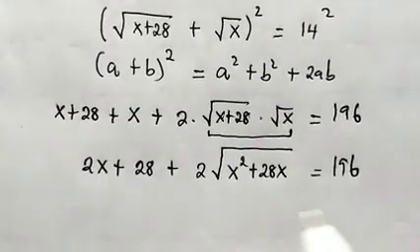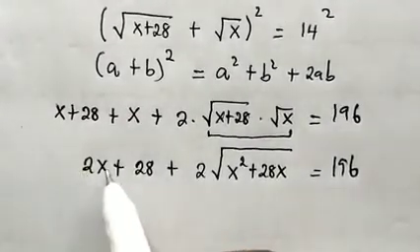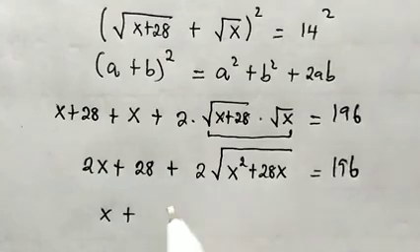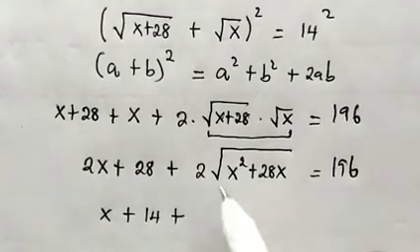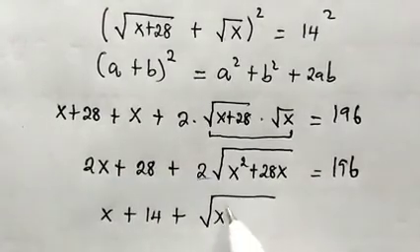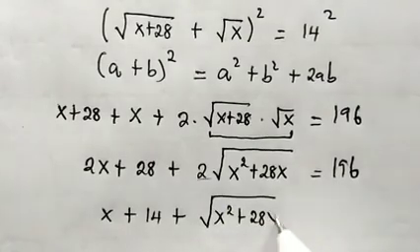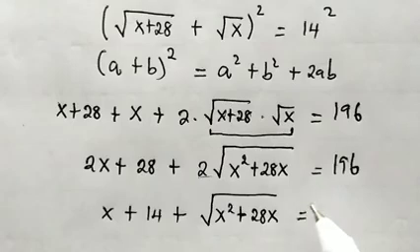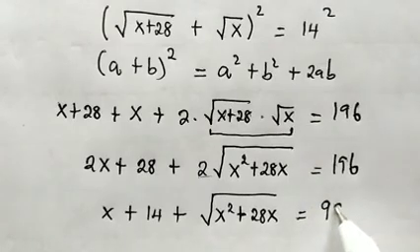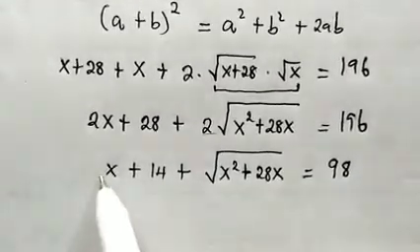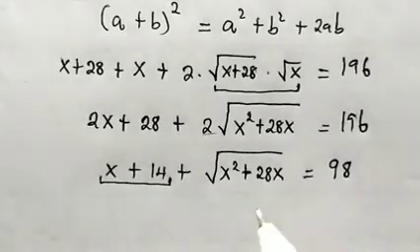If we divide throughout by 2, 2x divided by 2 gives us x, 28 divided by 2 gives us 14, plus this expression divided by 2, we have just the square root of x squared plus 28x. This is equal to 196 divided by 2, which gives us 98. You get the idea? Now these 2 terms, let us move to the right hand side,